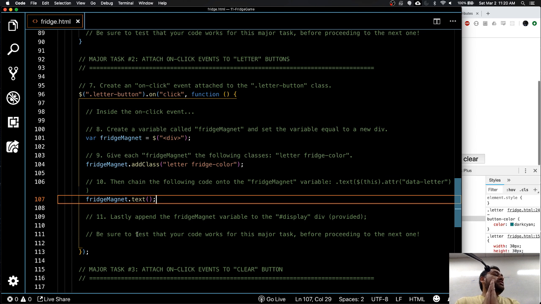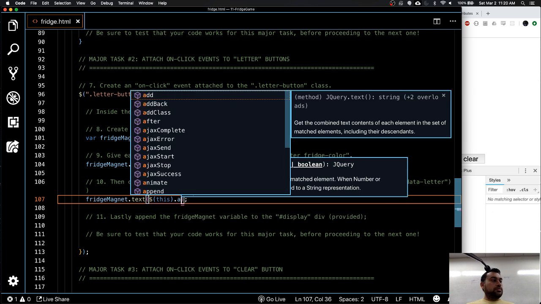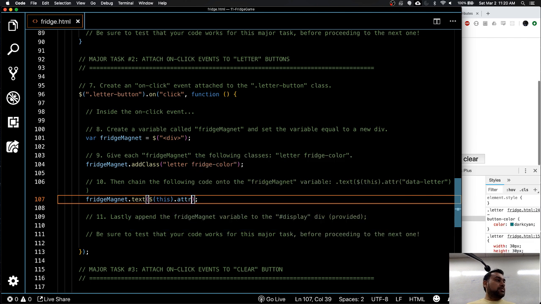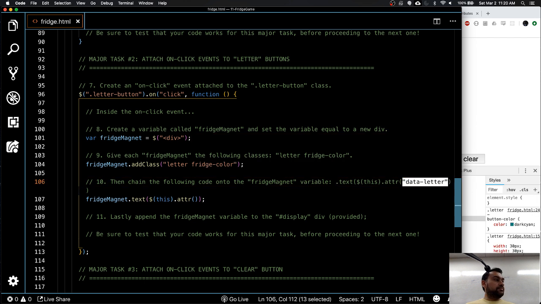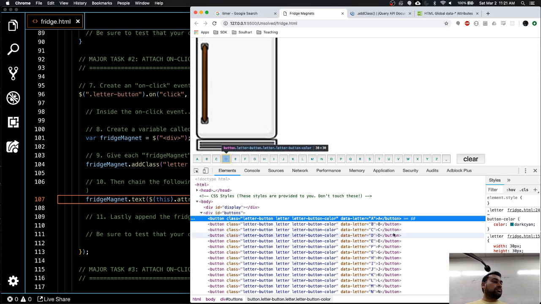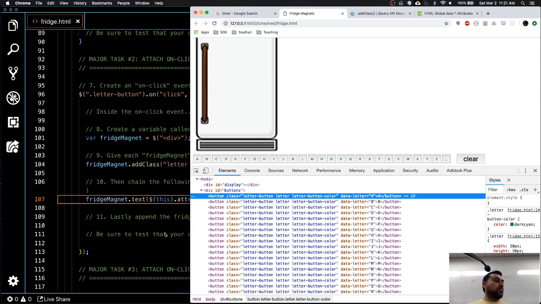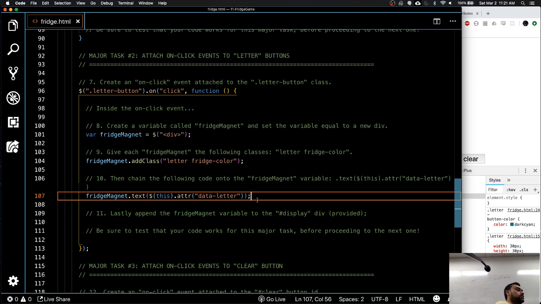Okay, .text just adds text to it. Inside it says $(this).attr, $(this).attr, and then you can see on line 8, probably